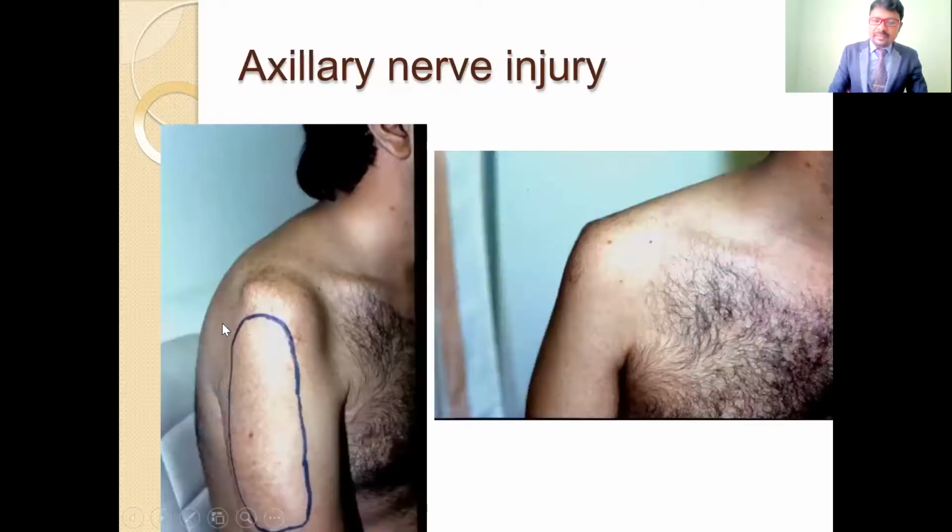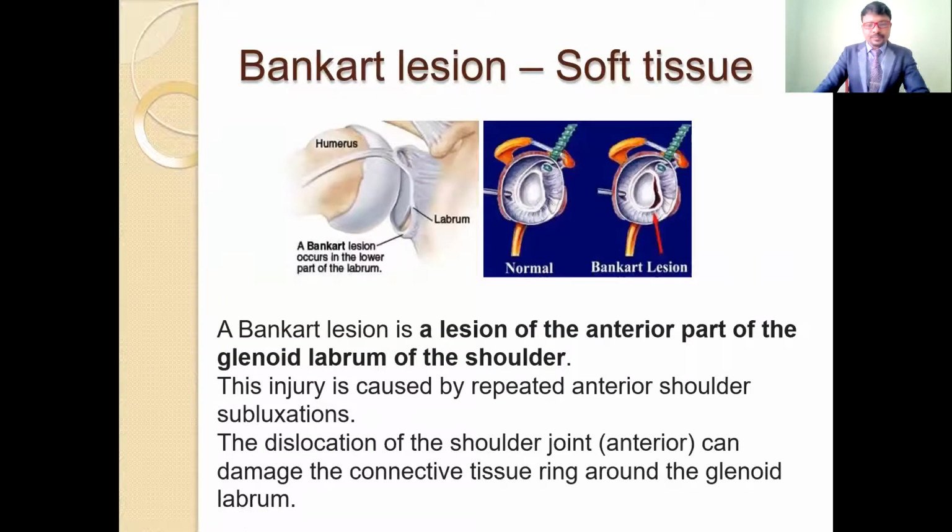In patients with axillary nerve injury, we can commonly find atrophy of the deltoid muscle, because the axillary nerve supplies the deltoid. Because of the damage to the axillary nerve, it won't give electrical impulses to the deltoid muscle. It may lead to decreased sensation as well as decreased motor function, leading to weakness and also atrophy. The muscle becomes very thin. So these are the complications of anterior dislocations.